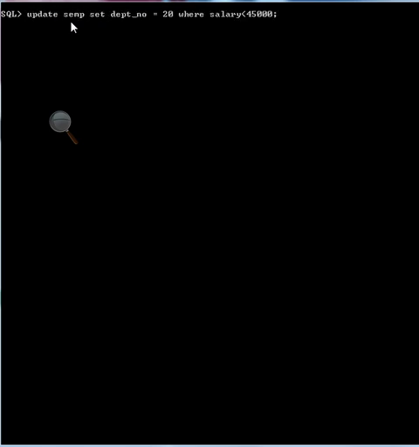Alter table ACMP drop constraint, foreign key ACMP DEPT number. So first drop that constraint. Okay, here we can see the table is altered. So the foreign key has been removed from the ACMP table.